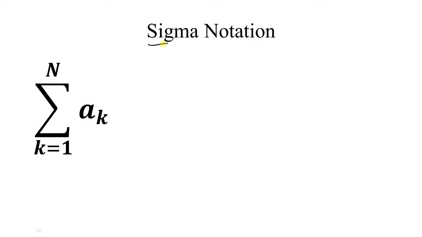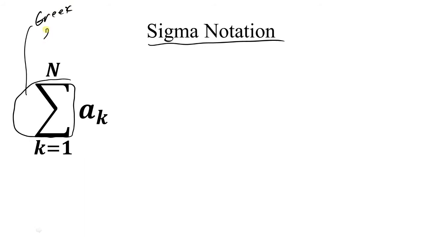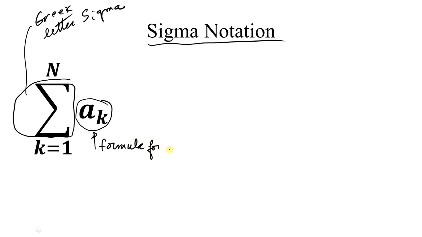And it's called sigma notation. It comes from the symbol sigma. This is the Greek letter sigma, and it means sum. And it says to sum up this formula a sub k. This is a formula for the kth term,